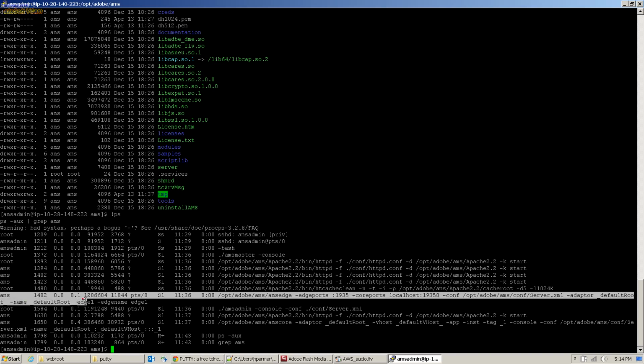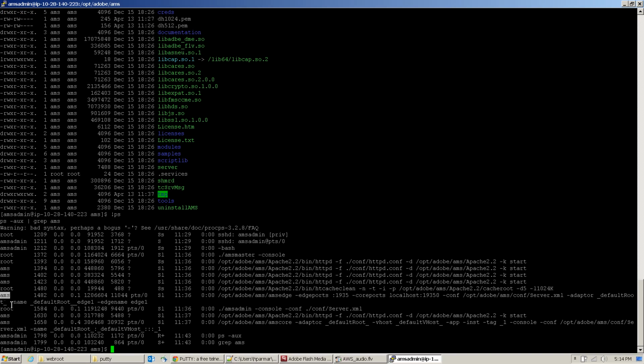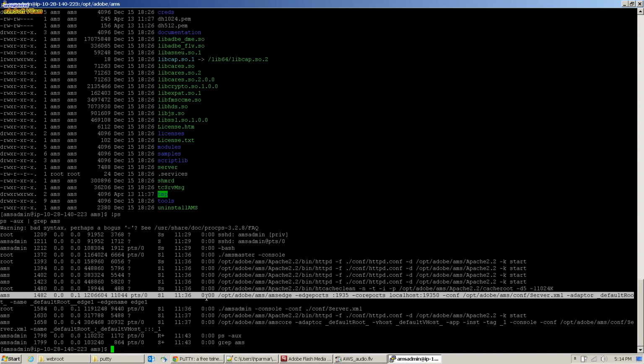Similarly, AMS admin is launched as root, you can see. That does not change because, again, you should be aware of who is accessing your AMS admin process. And the AMS core, which is actually serving the content for AMS, is also launched as AMS. So any entry points plus any operations are working as the AMS user. I think that is pretty much it